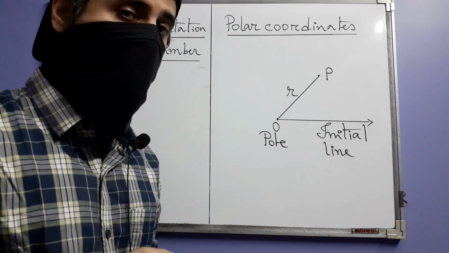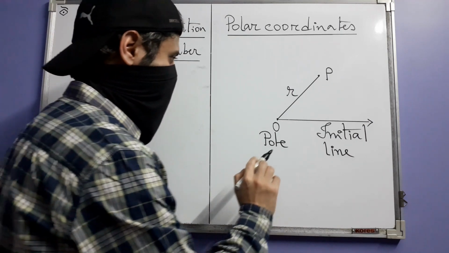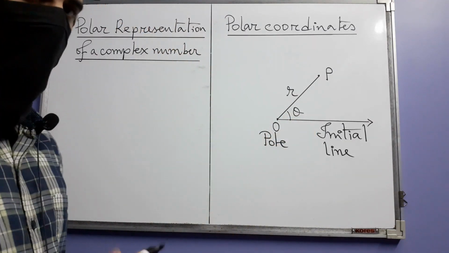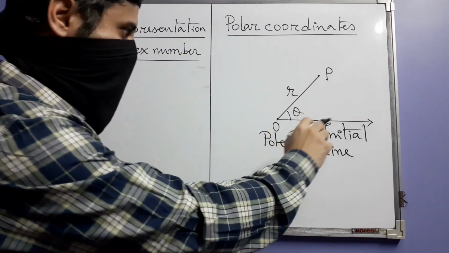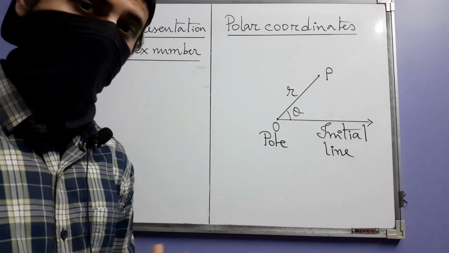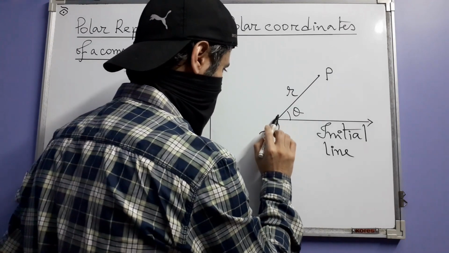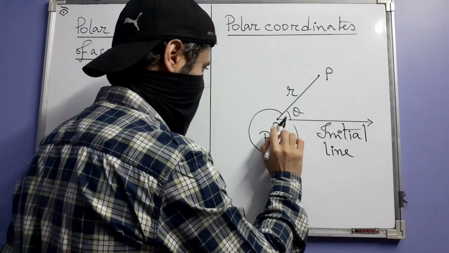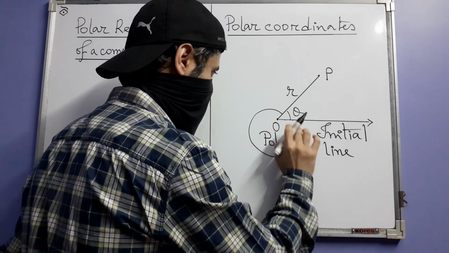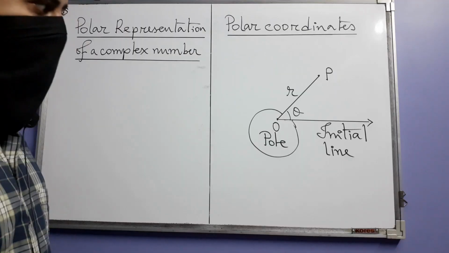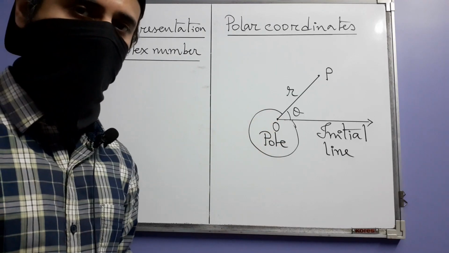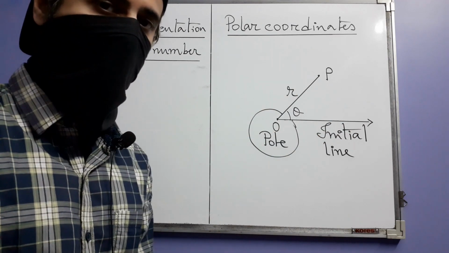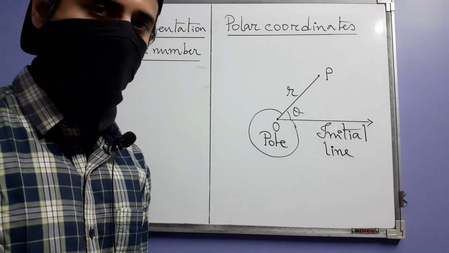The problem is which angle. You may say that this angle, theta. Okay, fine, that is one angle that OP makes with the initial line, but there are other angles also. For example, you can think of this angle as well. Why should we not choose that? That is also an angle that OP makes with the initial line. And in fact, these are not the only angles, because